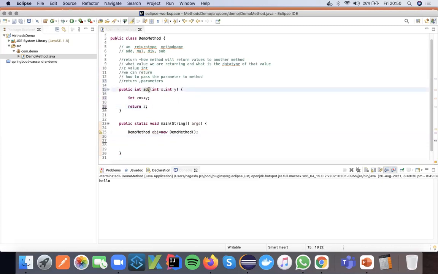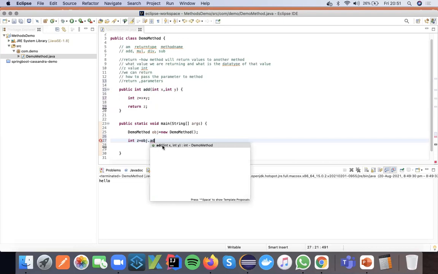Now what we have understood here: when you write the parameters, this method is looking for two values. Those are integers. And when I want to access this method, it is giving back an integer, the z value that is returned. You just need to call object dot add, and pass the values.